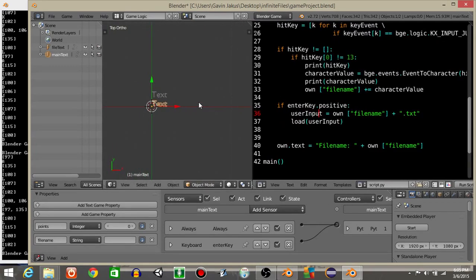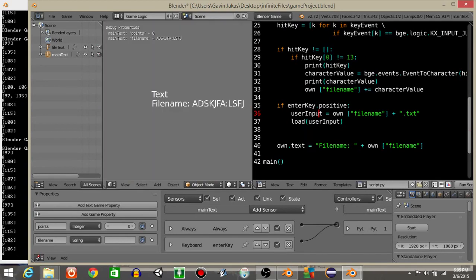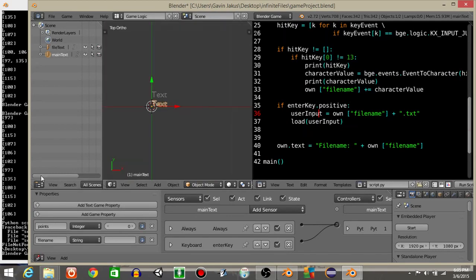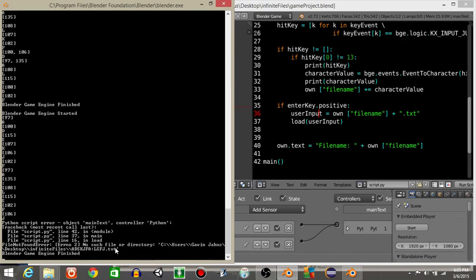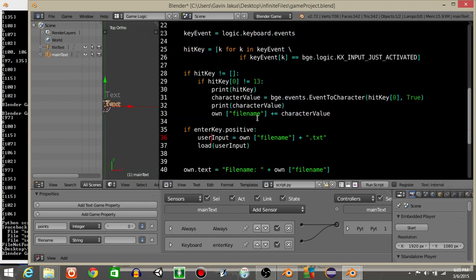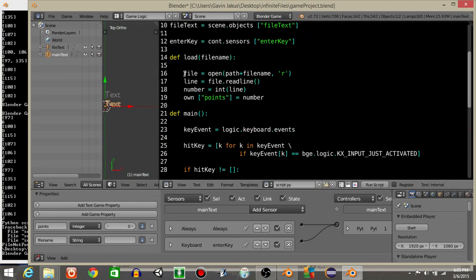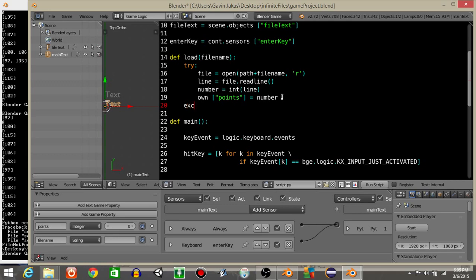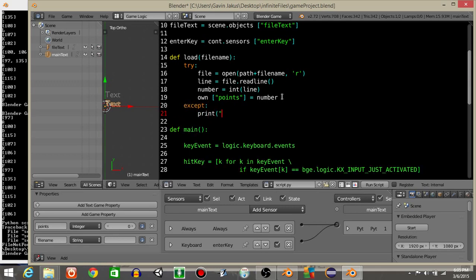But you'll notice that if we hit play and I type out random gibberish and hit enter, there's going to be an error, and it's going to say no such file or directory. This is what we need to fix. We need to have it so that all this stuff right here is surrounded by a try catch. So hit the tab key in front of all these lines, and up here we're going to put try. Then below this we're going to put except,